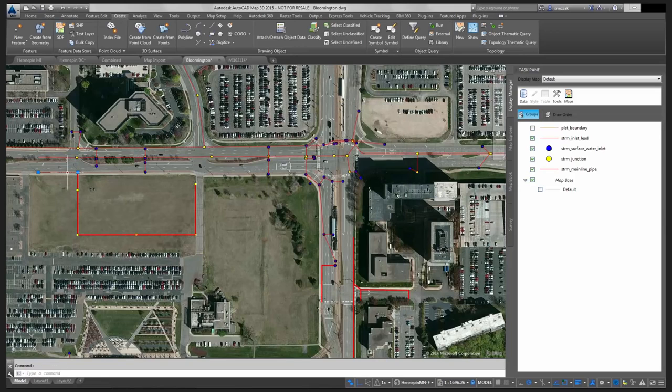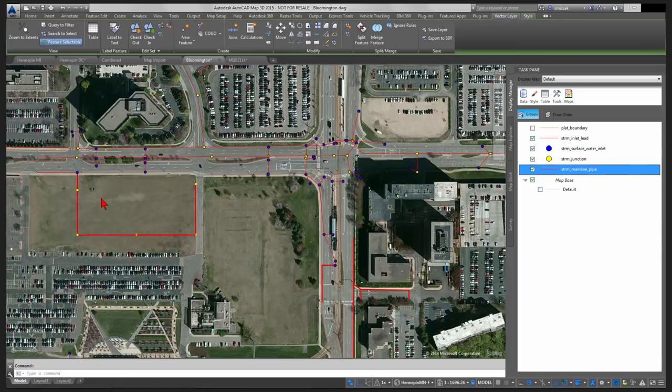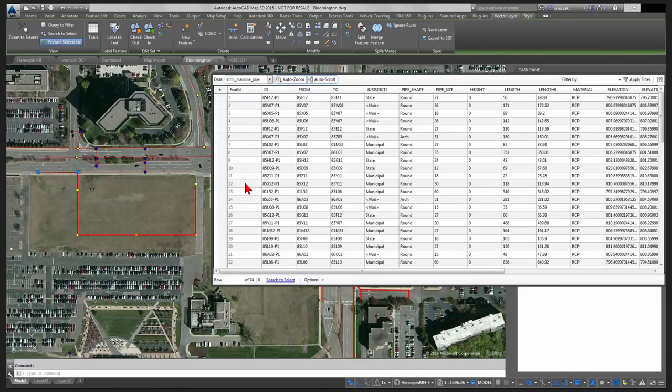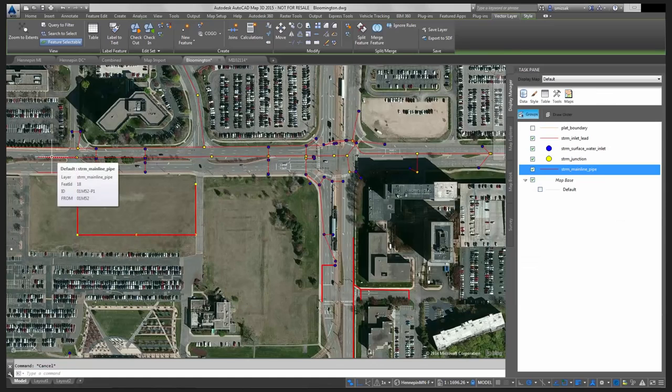Let me open up my storm mainline table, and I click on here. That is there, the pipeline, 01M52-P1. This is a shapefile. This must have been one of the inlet pipes and not the main line. So I can tell that this is a shapefile that's probably the storm inlet lead line. But this one right here